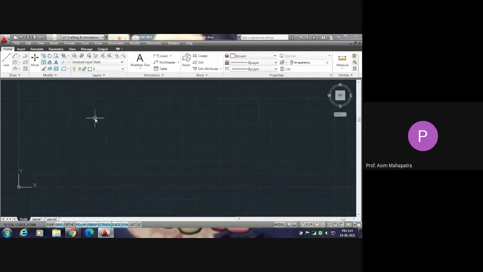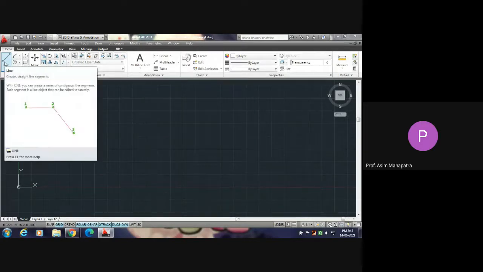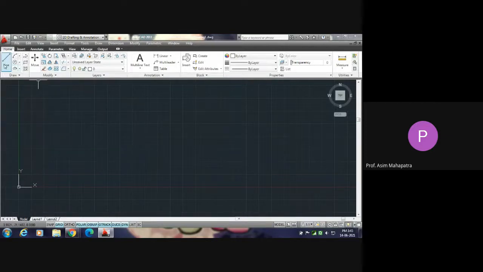So when I click on this line command, the shape of the cursor will change. I have clicked, and the shape of the cursor has changed to a plus symbol. This plus symbol is another cursor called the point input cursor. That means this type of cursor is ready to take the input of the coordinates of a point.